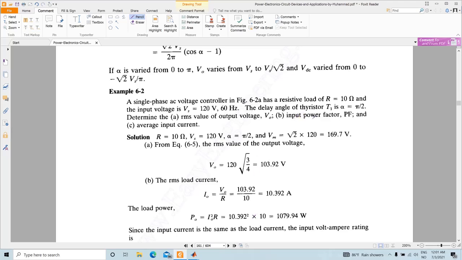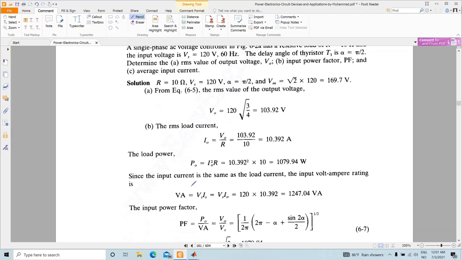So the input power factor is equal to output power divided by the input volt ampere ratings, and for the input volt ampere rating, the output current is the same as the input current, so our output current multiplied by the voltage here, so this is 1247. And you have to calculate the power factor, you have to divide this output power or the load power by the input volt ampere ratings, which is equal to 1079 divided by